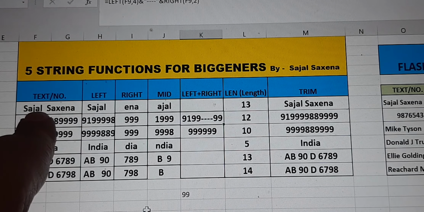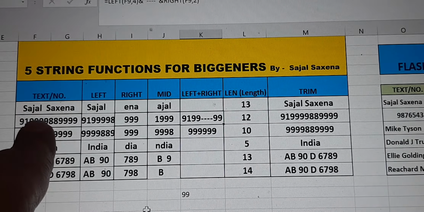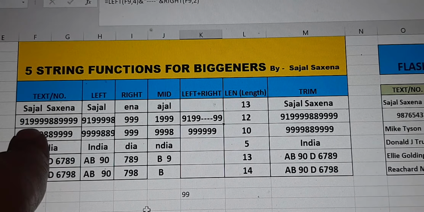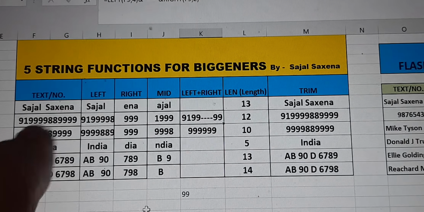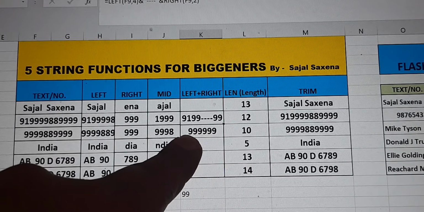So I selected the cell name, and how many first characters do I want, starting from the left? So I typed in 4, F9, comma 4, bracket closed, and then I type and, because we are clubbing. We have already combined two formulas, which is left and right.